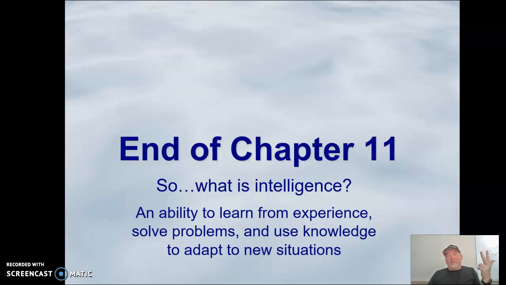Now, think back to the first thing we did in this unit where we asked, is this intelligence? When we talk about computers and artificial intelligence, can a computer learn from experience? Can it solve problems and use knowledge to adapt to new situations? Maybe they're getting there. And if so, then we would say that computers are intelligent. But again, look at this. This is not, do I remember things? This is, can I use what I've learned? Can I use this knowledge in a new situation? So I hope you have an expanded view of how we define intelligence and what intelligence is, and the many, many ways that we can measure and mismeasure intelligence.